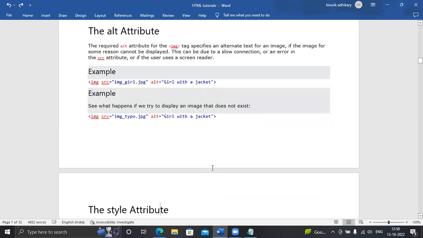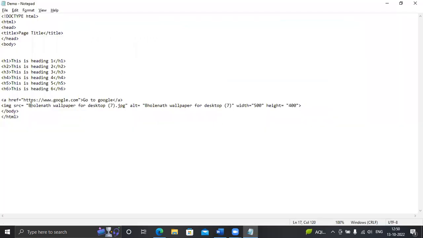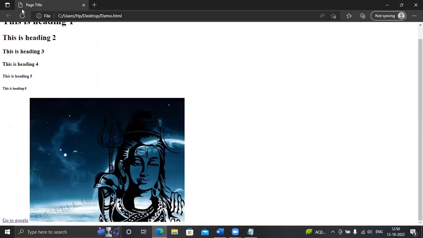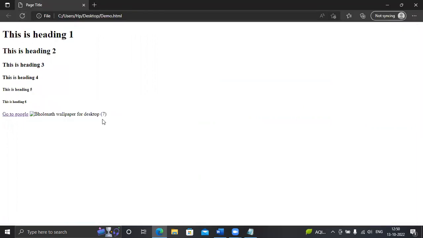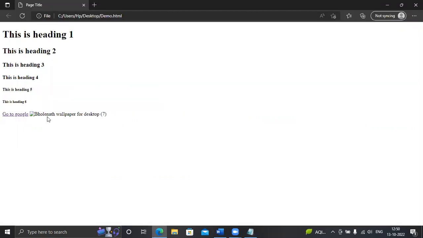Alternate attribute, the alt attribute for the image tag specifies an alternate text for an image. Suppose I am removing a letter from the name, that means the name is not matching with the image. At that time the image will not be found by the browser, so what will happen? The image will not be displayed. But the alternate text, Bhutnath wallpaper for desktop 7, that text I am displaying.